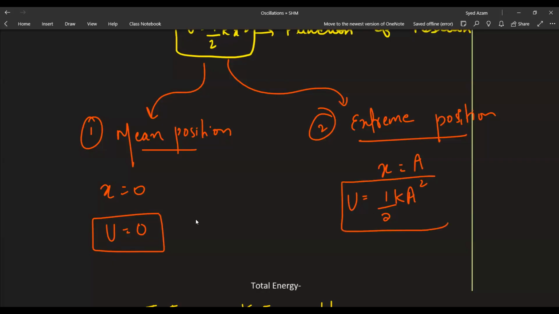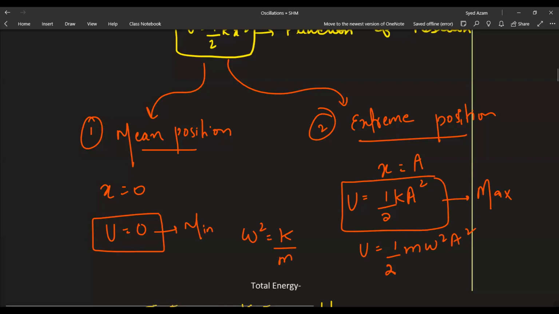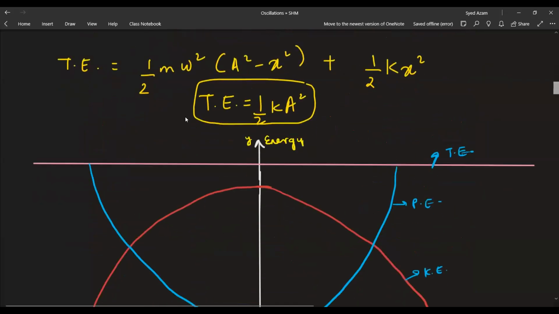Omega square is written as k by m. So U can be written as half m omega square A square. So this also can be applied. Now see, if we talk about the total energy,